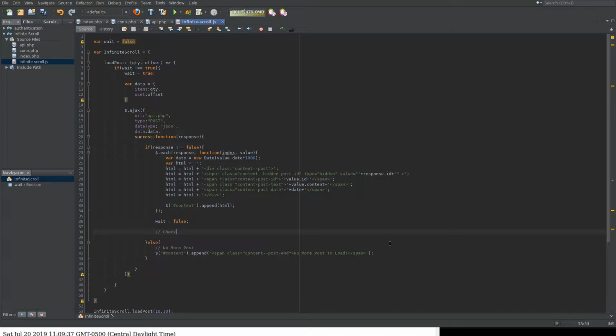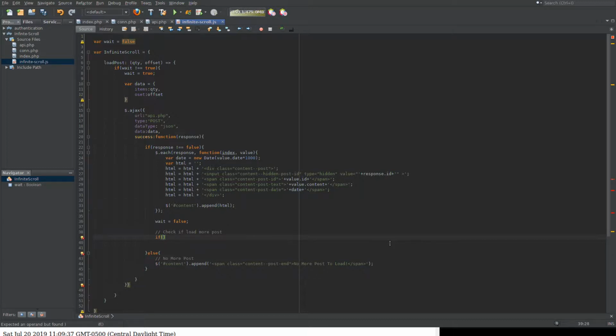I don't know how I want to word that, but essentially we just need to check to see if the body height is different than the window height. Okay, so in order to do that, we need to check to see if the body